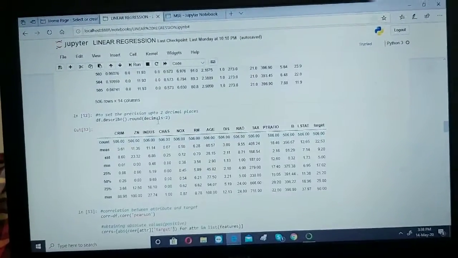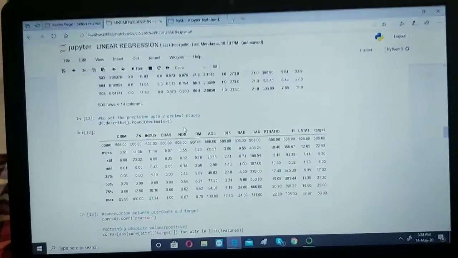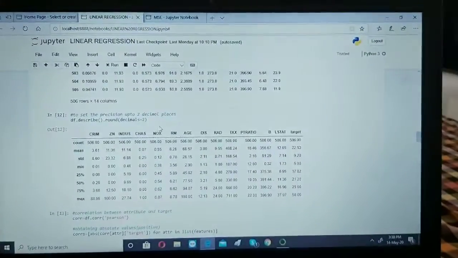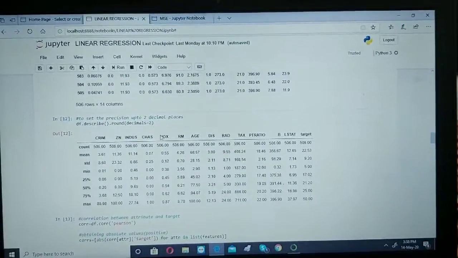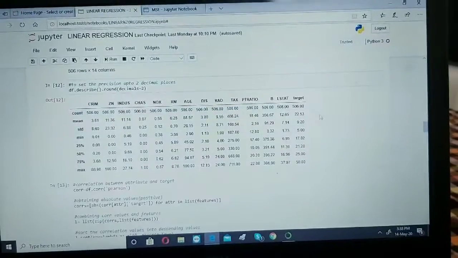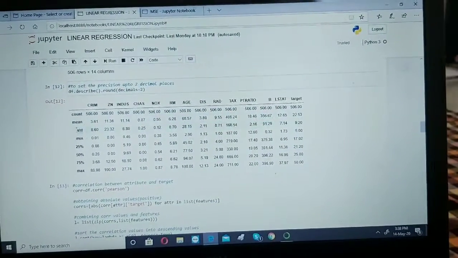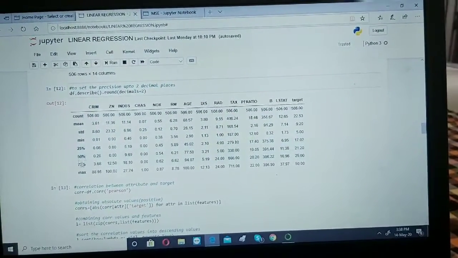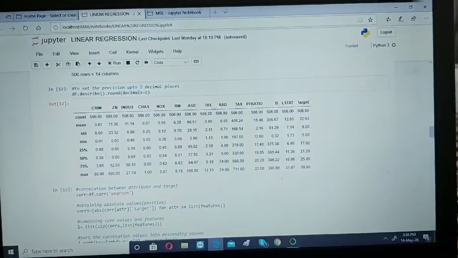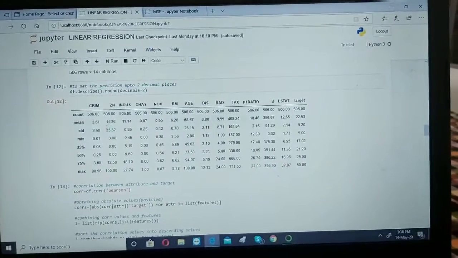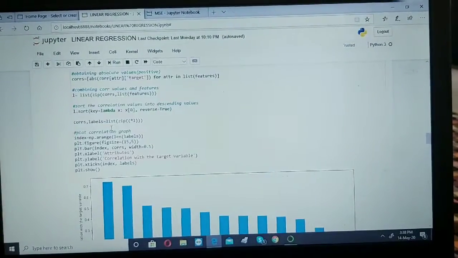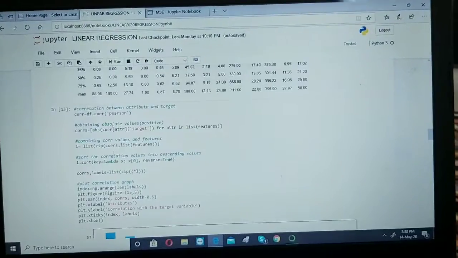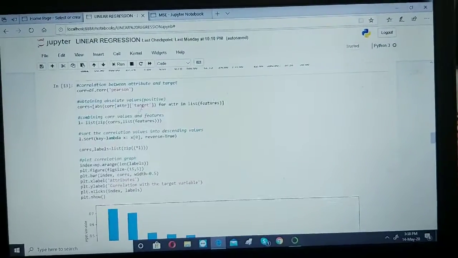Now to set the precision up to 2 decimal places, we'll use the function describe().round(decimals=2). We can see the values count, mean, STD, min, 25%, 50%. So we got all the values.